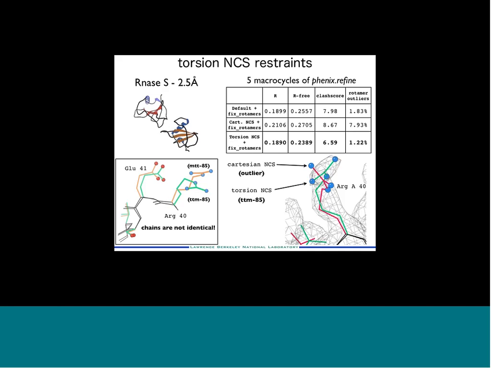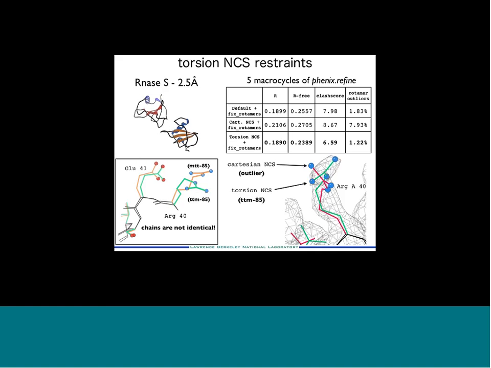So how does this work in practice? Here's an example of a 2.5 angstrom RNase S structure where there are areas that are significantly different, particularly this area around arginine 40 in the structure, where you have 2 different rotamers for that particular arginine. And so if you just do strict Cartesian NCS, you can see here shown in pink on the bottom right where this arginine ends up from the A chain. It doesn't match its density at all. And the reason is because it gets pulled to match identically the B chain. And so you end up with a poor fit to the density and also other